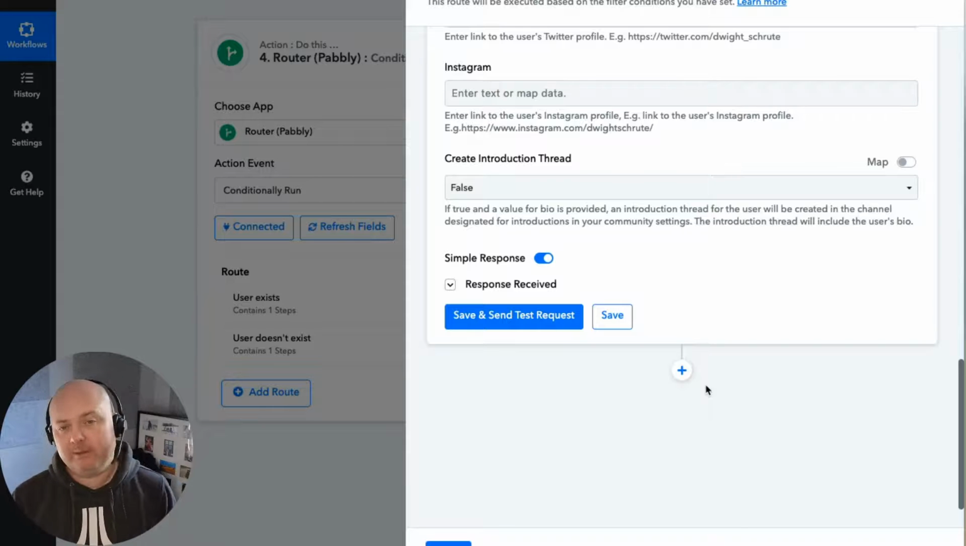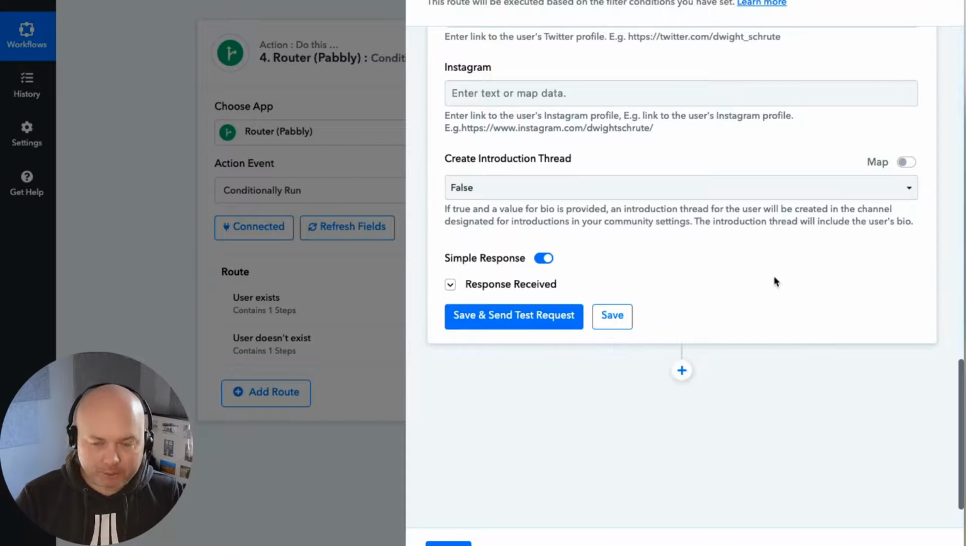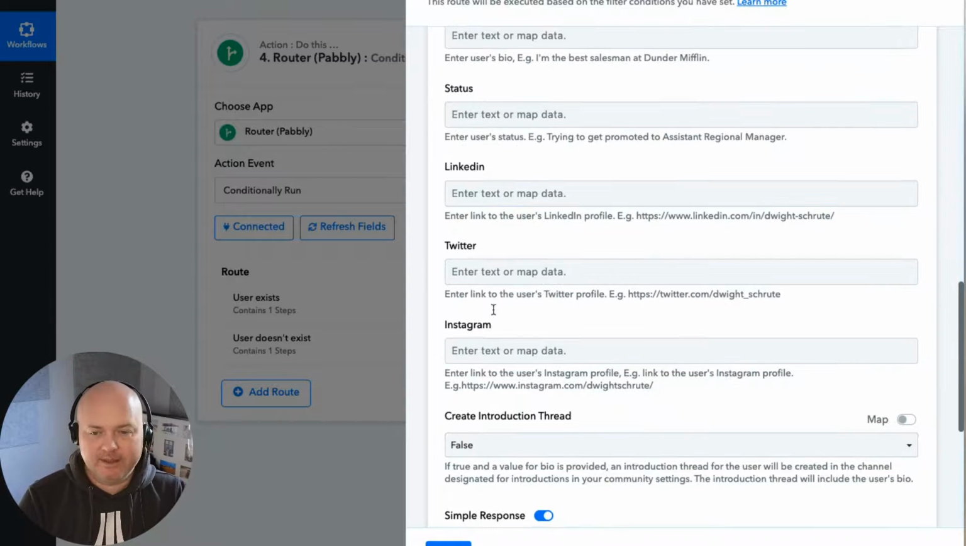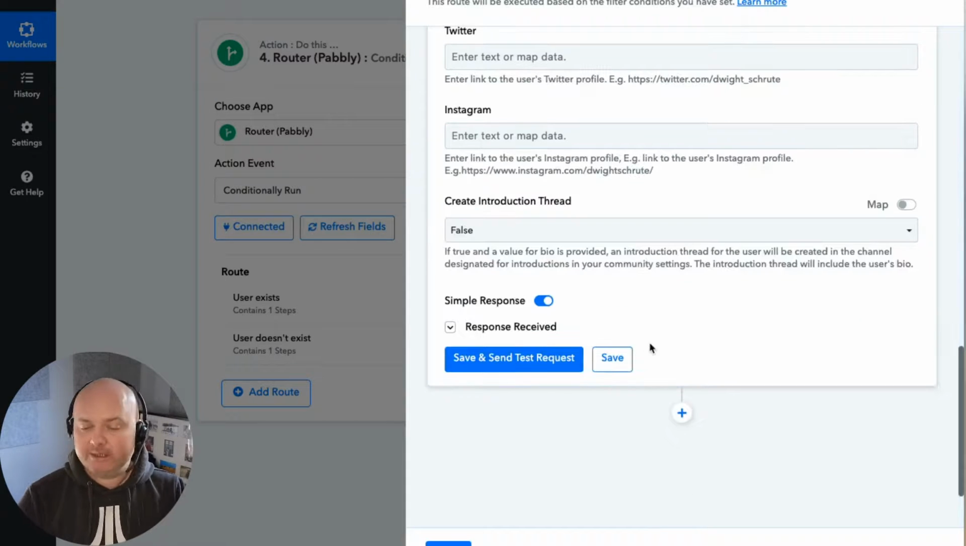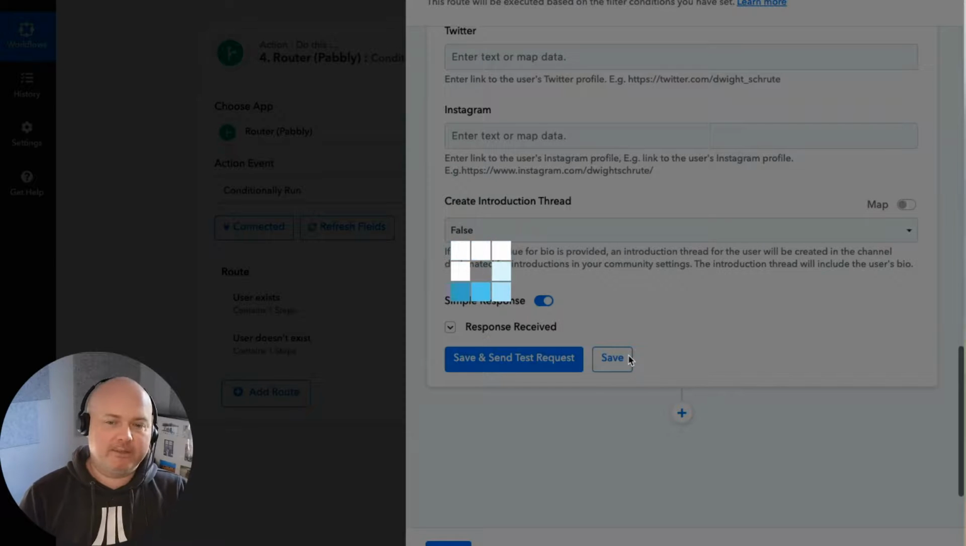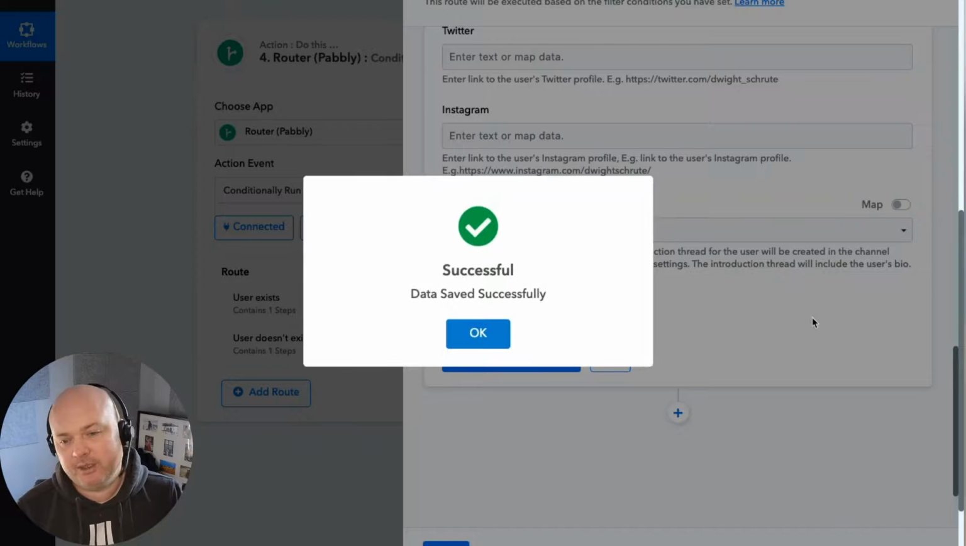Just send them a follow-up email saying that, look, it would be great if you could fill out your bio and let us know your LinkedIn, Twitter, or whatever else you require for folks to be in your community. Obviously, this means that you probably won't want to create the introduction thread because these fields will be empty. So this is a little bit of a user experience compromise that you just need to keep in mind